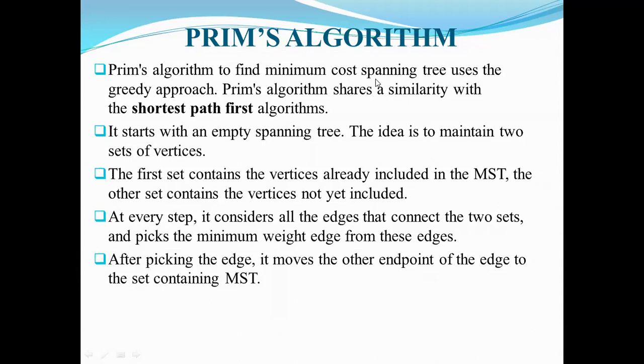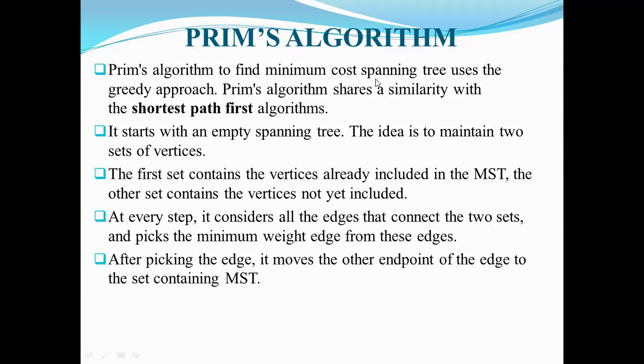Okay. Now I will briefly introduce what Prim's algorithm is. First, what is a spanning tree? Once again, I will introduce it. The spanning tree is a subgraph of a graph. What do you mean by subgraph? That subgraph is in terms of edges, not vertices. Because if the graph contains 10 vertices, you must include all 10 vertices in the spanning tree. But if the graph contains 20 or 30 edges, then based on the number of vertices, we must include the number of vertices minus one edges for constructing the spanning tree. If you include even one more edge, it makes a cycle.